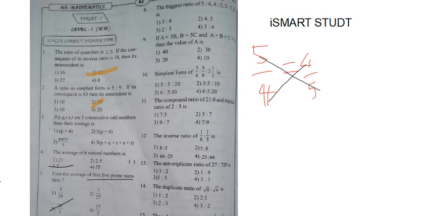Okay, and here 4 4s are how much? 16. Right, here 16. Out of these two, which one is greater? 25 is greater. So what is the symbol here guys? Greater than symbol. That means 5 by 4 is greater. If you compare all of them, first compare these two to find the bigger one, then compare it with the third, and so on. Out of all, the greatest is your answer, that is 5:4.